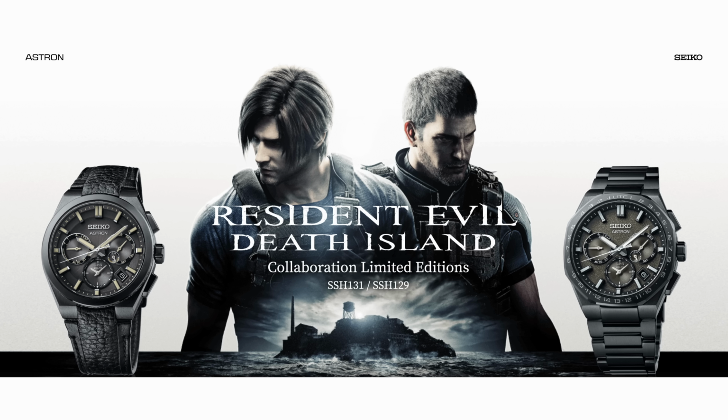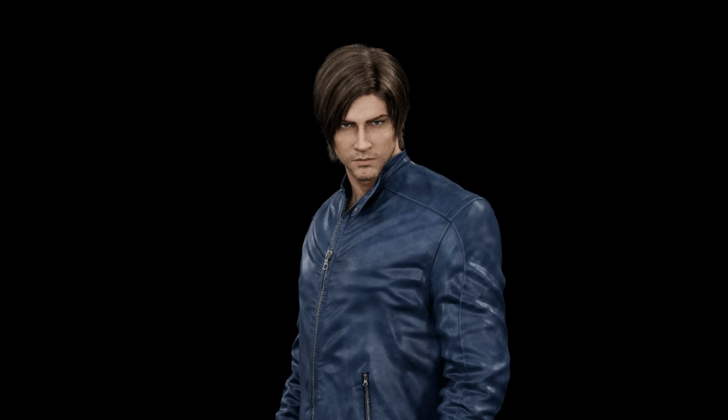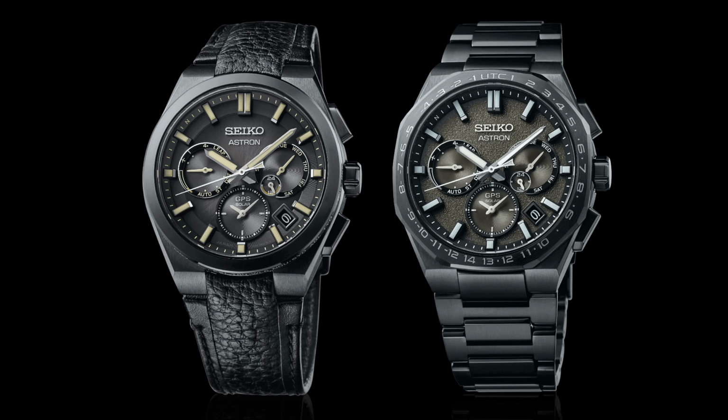This is the new Seiko Astron collab with Resident Evil Death Island, the new movie in the franchise, which features all your favourite BSAA agents. Chris is the green one, and Leon is the blue one. But what they lack in personality, they make up for in their professionalism, which is what this is all about, damn it. So there are 2 signature Seiko Astrons for Chris and Leon, both in black titanium case and bezels,